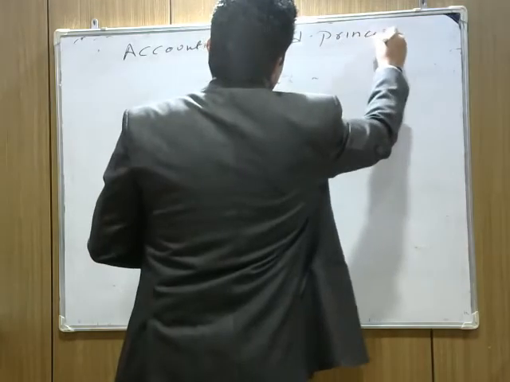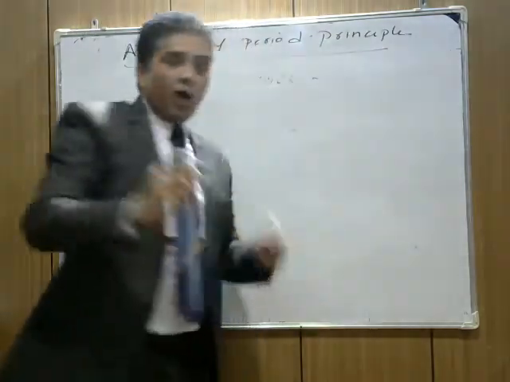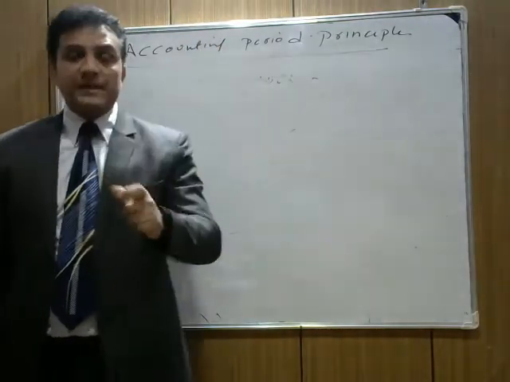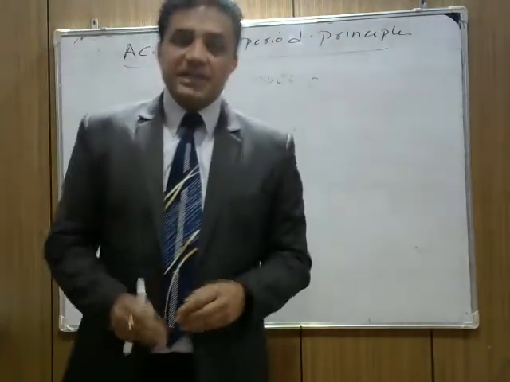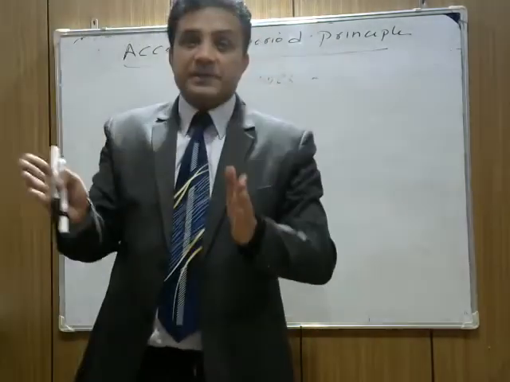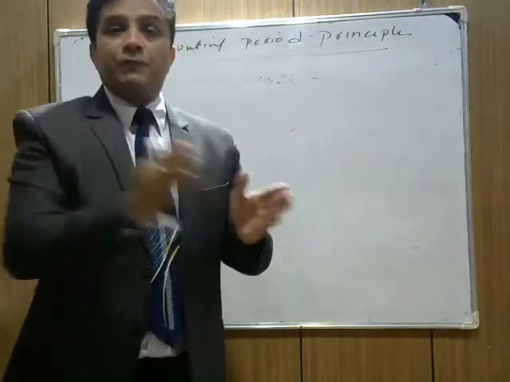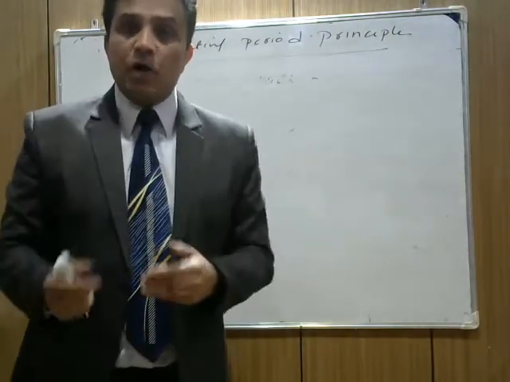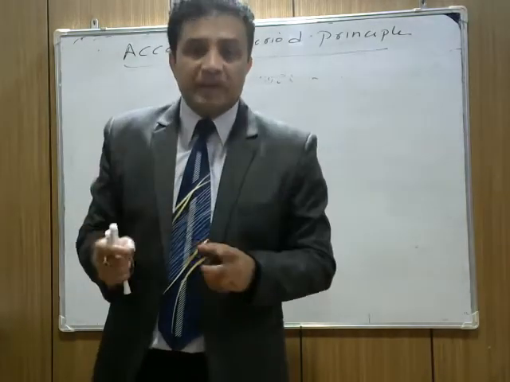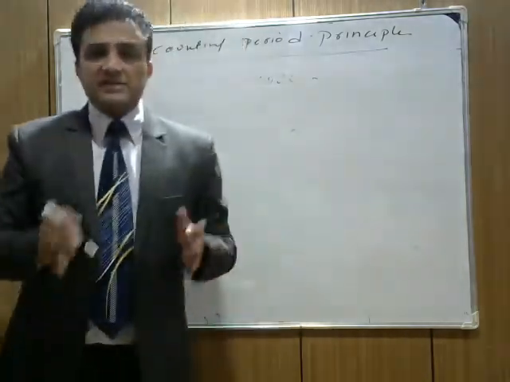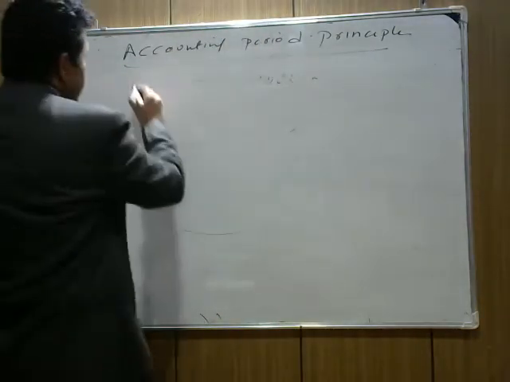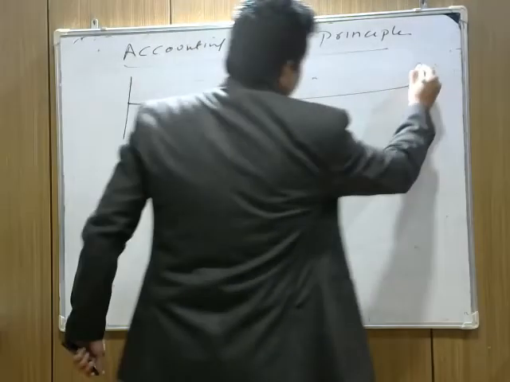It says that as per the accounting period concept, the whole life of a business enterprise is divided into smaller periods, which is known as the accounting period. Now why? The accounting period is usually a period of 1 year. That 1 year can be a financial year or calendar year or any period of a year. However, for a taxpayer, the accounting period should be a financial year. It means it starts from 1st April to 31st March.